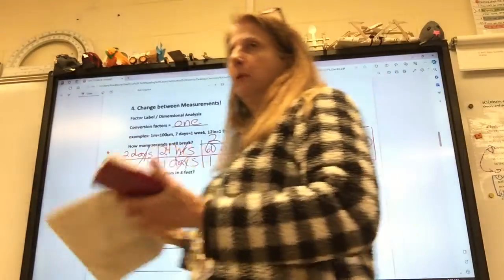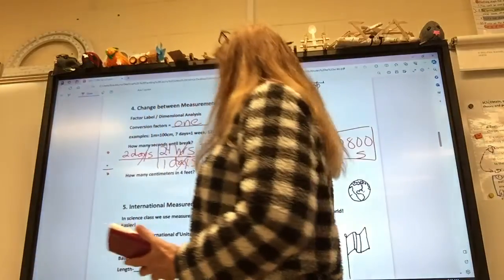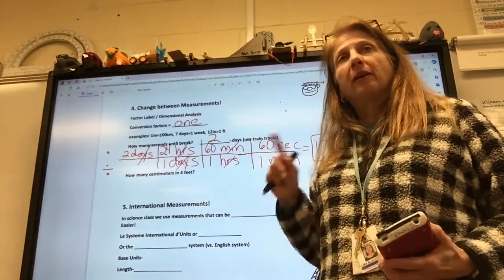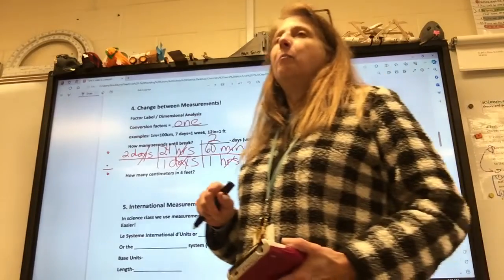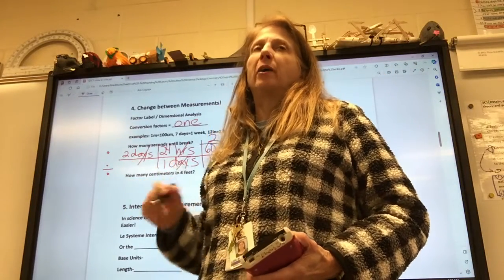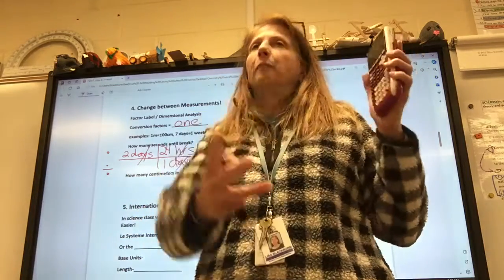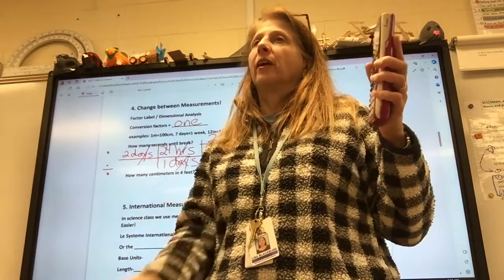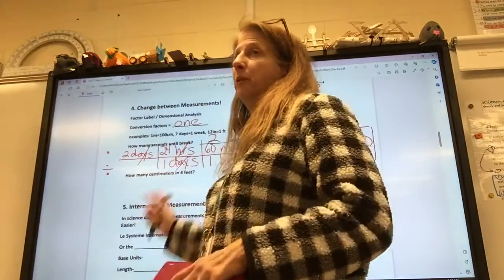Ta-da! Why do you put a box around it? Because I used to teach bad kids in Cobb County, and they would cheat by doing problems every possible way. I'm sure you good Paulding County kids have never thought of that. But if they didn't know what to do, they would add, subtract, multiply, and divide the numbers in every way possible. And then it was all over the paper, and then I'd mark it wrong, and they go, but the right answer was here, but yes, so were 10 wrong answers. You got to decide on one and put a box around it.